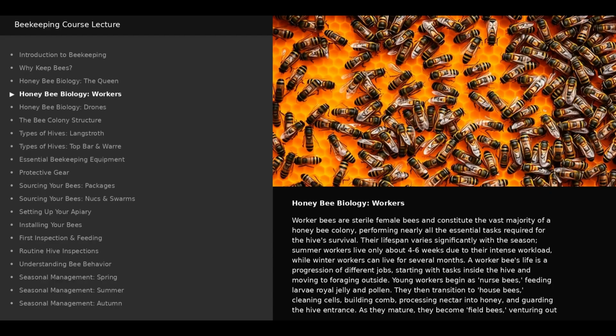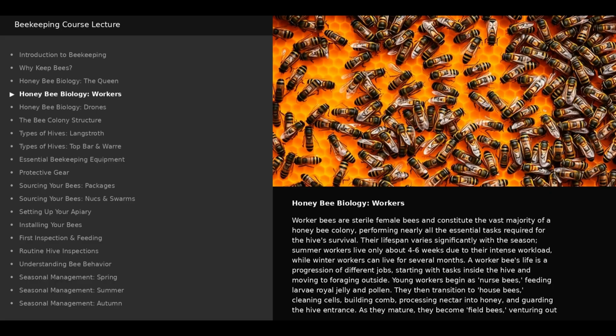Honey bee biology. Workers. Worker bees are sterile female bees and constitute the vast majority of a honeybee colony, performing nearly all the essential tasks required for the hive's survival. Their lifespan varies significantly with the season. Summer workers live only about 4 to 6 weeks due to their intense workload, while winter workers can live for